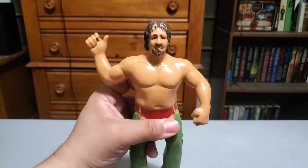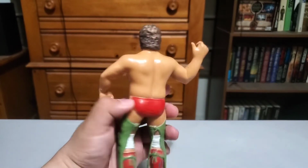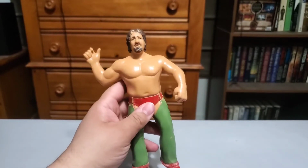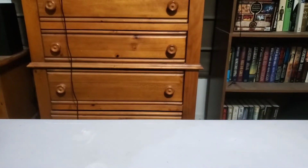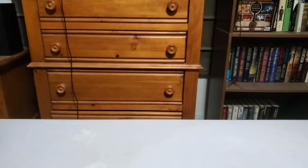But he looks great. Again, not one of those ones you expect to just be in the LJN line, but I'm happy he is, you know? So there we go. Next one. This is the one I was saying that's probably in the roughest shape out of this bunch. And when I see him online, he tends to be one of the more rough shape ones anyway. But we have